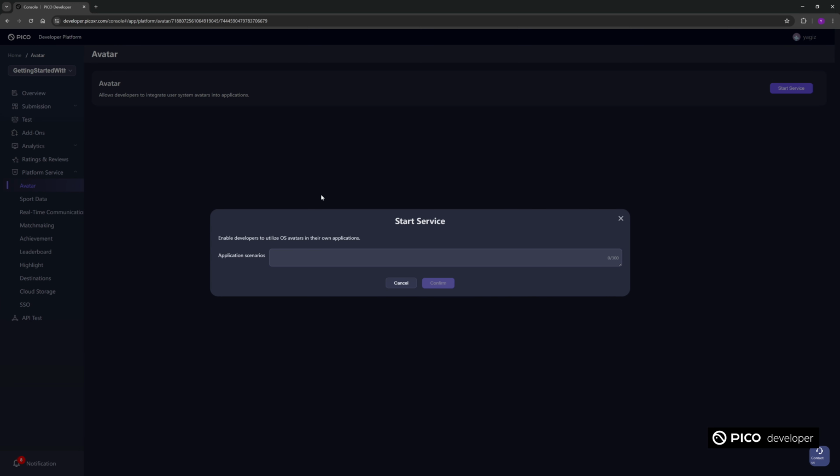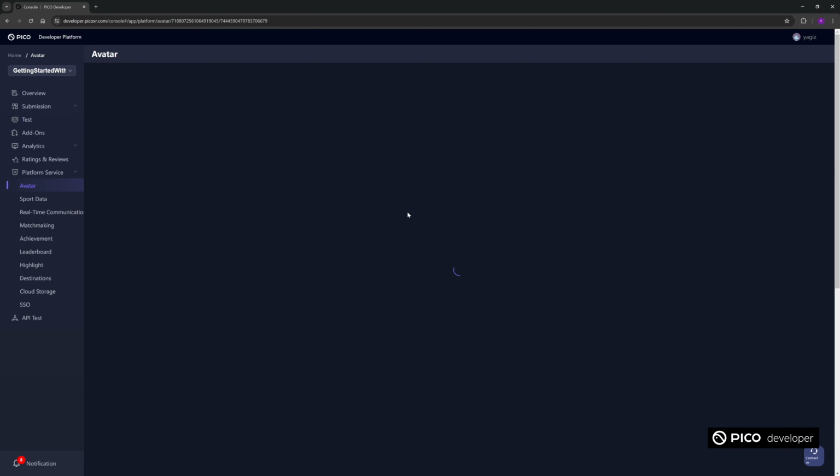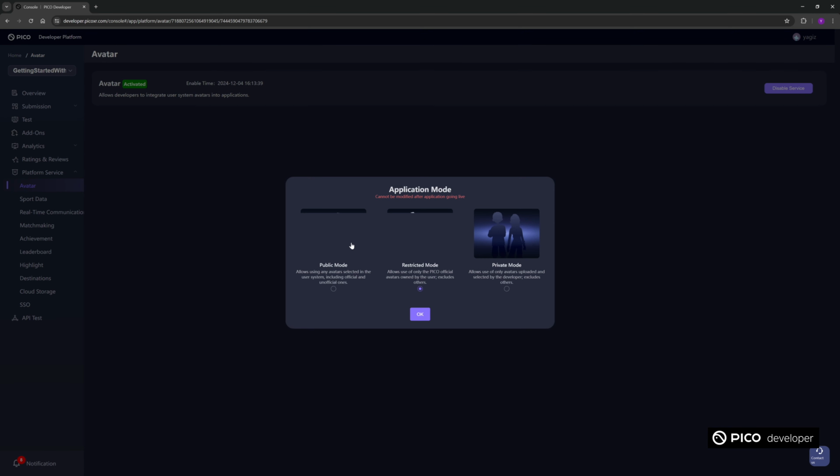It asks me to type in my scenario of using Avatar SDK. Okay. There are 3 application modes. I'm going to be choosing public mode, which allows me to use